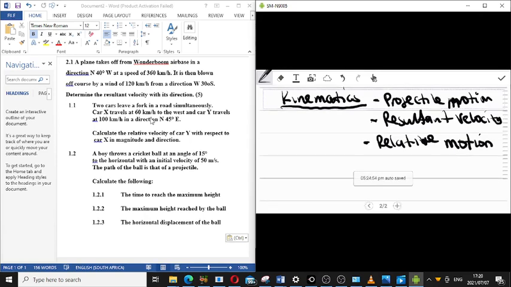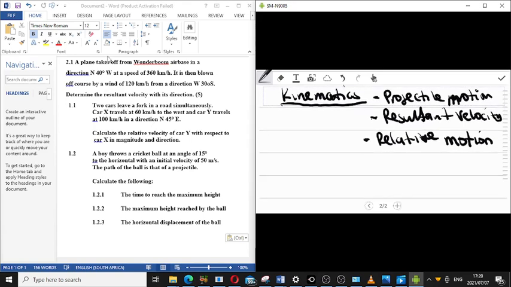Here on the platform we've got a question which says a plane takes off from Vanderbilt Air Base in the direction of north 40 degrees west at a speed of 360 kilometers per hour. So considering what we are given here,